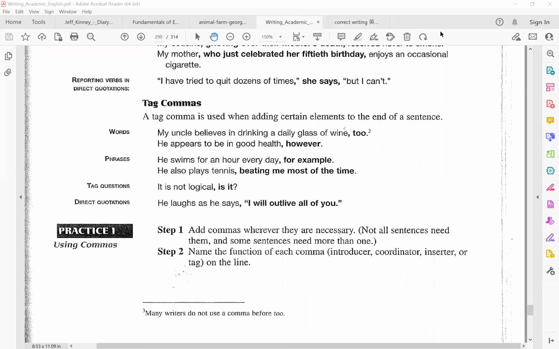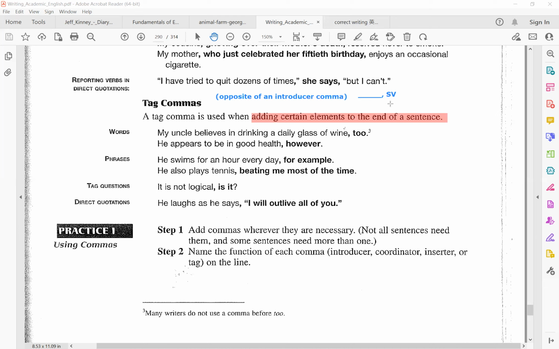All right, so we have reached our last type of comma, which is called a tag comma. In a sense, you can see this as the opposite of an introducer comma. Remember our introducer comma comes before our independent clause. For example, you can have a word, a phrase, or a dependent clause, introducer comma, plus your subject verb, your independent clause. And essentially, a tag comma is the opposite because it means you're adding something to the end